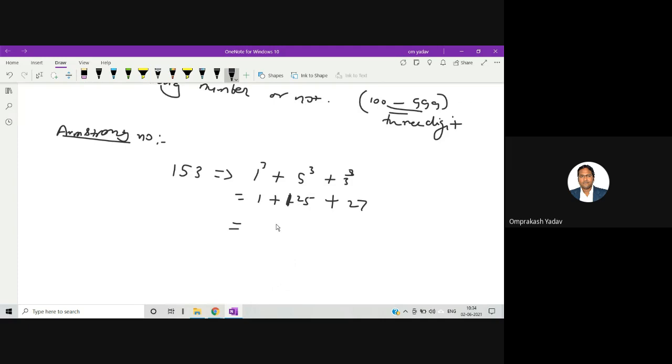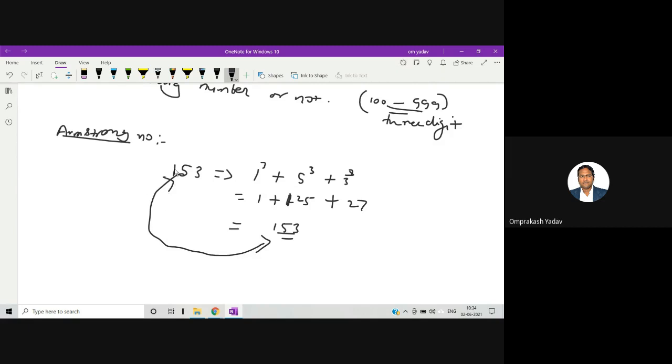So the final answer will be 153. So if we separate each and every digit and cube it and sum it, and if we are getting back the same number, then that number is an Armstrong number.